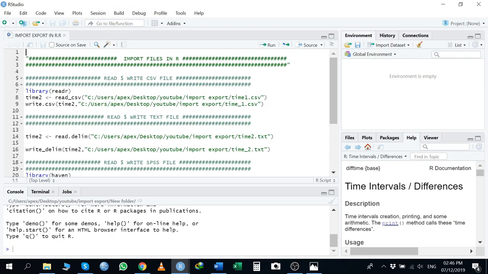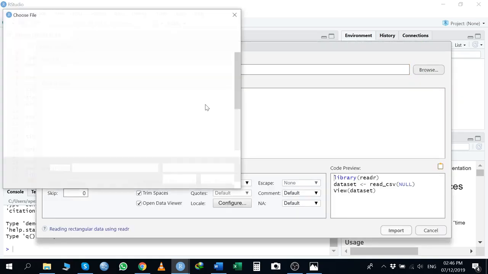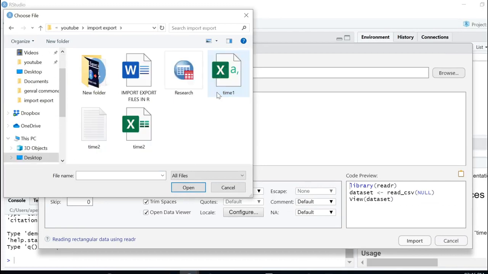So if you are a beginner and you don't want to write the command to import the file, I have an option to import the file in an easy way. You just go here to import file. If you want to read the CSV file, just go into from text read R, then go to the folder where your file is located. For example, here I have a CSV file with the name of time1.